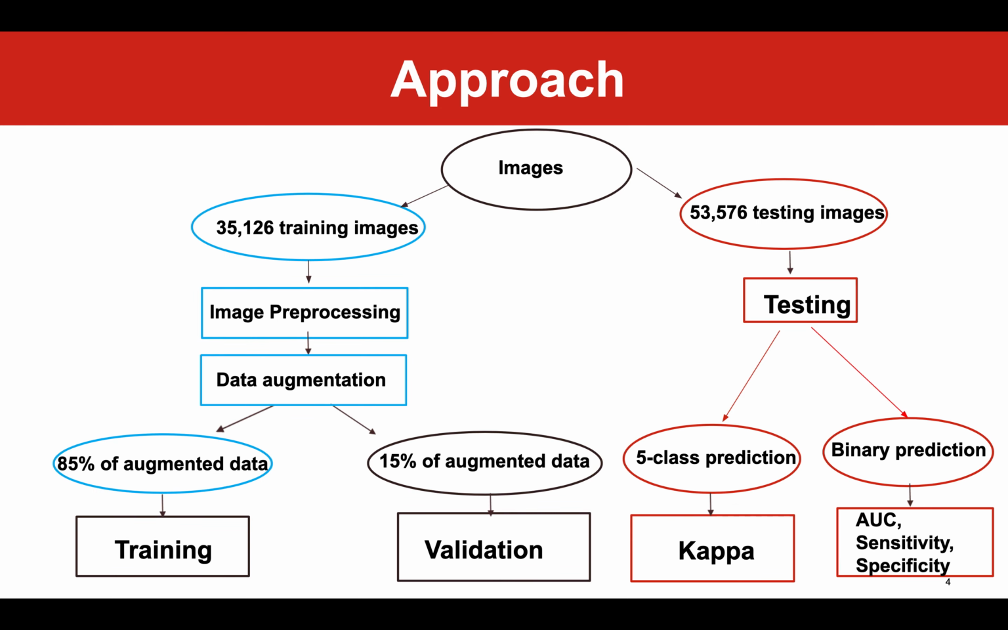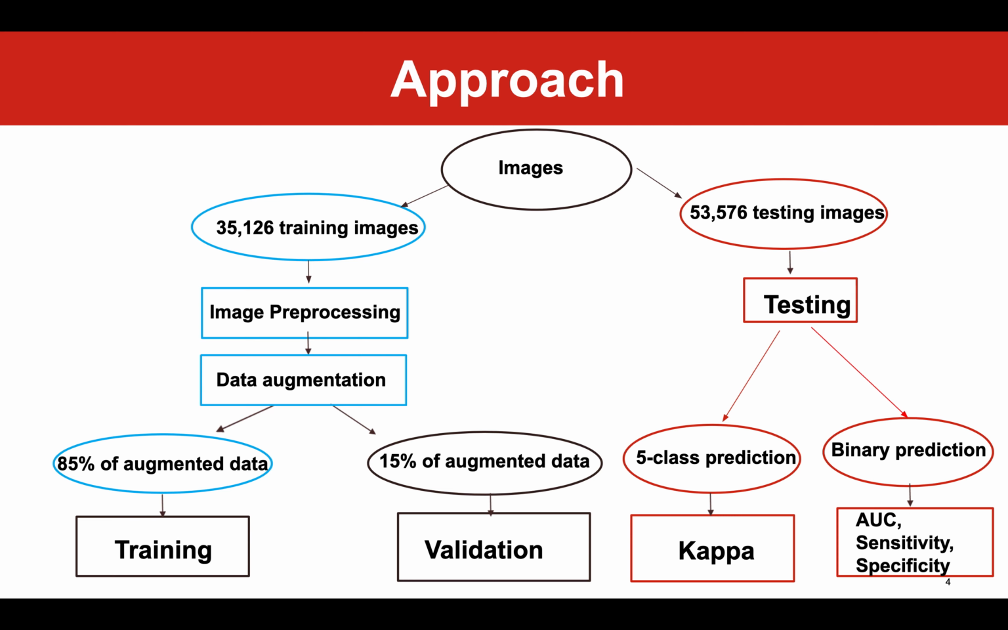So now we move on to the approach of how we built this algorithm. We took over 80,000 images from a public access Kaggle database, and we took 35,126 training images and put them through image preprocessing and data augmentation, which we will cover later in the slides. Then we took 85% of that augmented data to train our model, and the other 15% of the augmented data to validate our model and tune the hyperparameters. Then we moved on to the testing phase, where we tested with